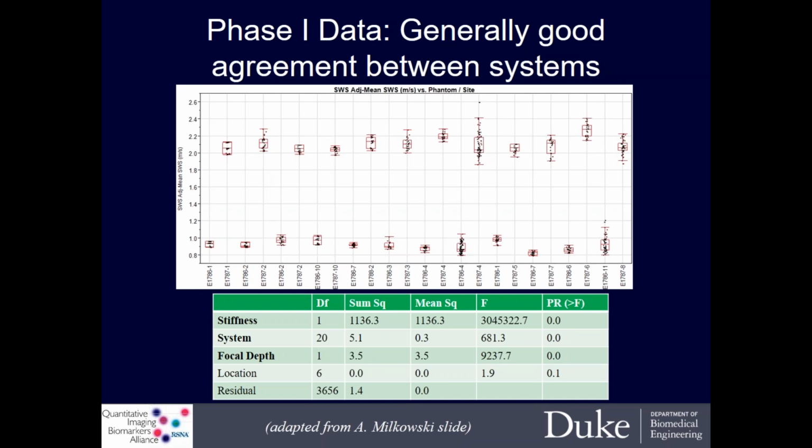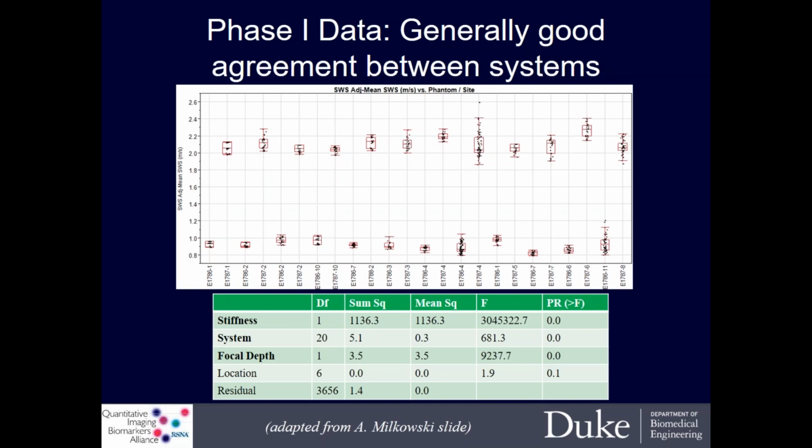If you look across, for example, at 1 meter per second, the distributions of the box plots and their relative positions to each other would show you the system variability that existed in that phantom, which is close to what a healthy liver would be. On the top, looking at the 2 meter per second projection, you could see greater variance, which is expected in general with systems, and some greater offsets there.